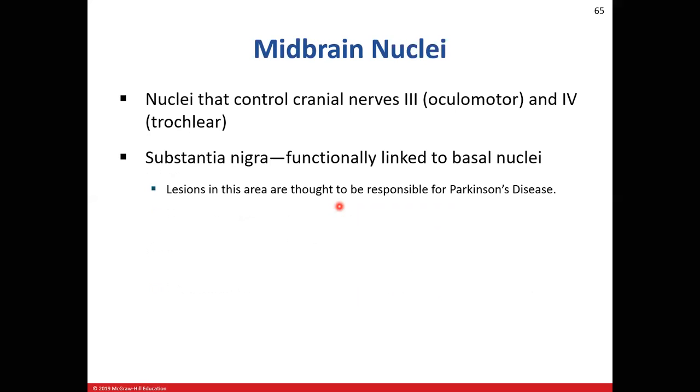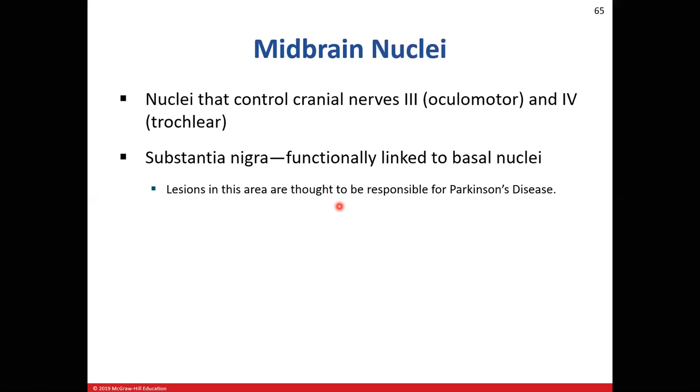Within the midbrain, we've identified before, even within the spinal cord, between the brainstem itself, we have a lot of nuclei that help to control different cranial nerves. Specifically, when we get into the midbrain, we have nuclei that help to control cranial nerves 3 and 4. And we'll get more into our cranial nerves a little bit later. But cranial nerves 3 and 4 are really involved with eye movements. And those are the ocular motor nerve, which is cranial nerve 3, and the trochlear nerve, which is cranial nerve